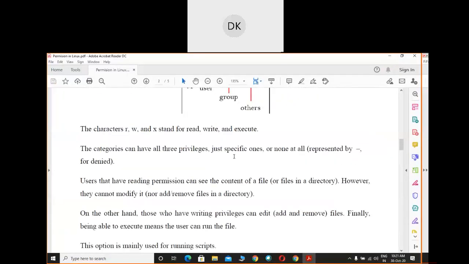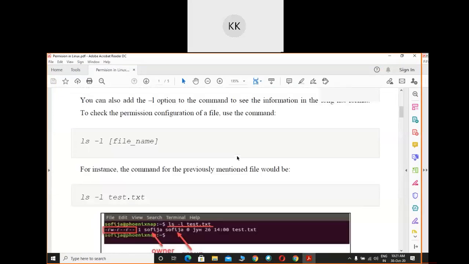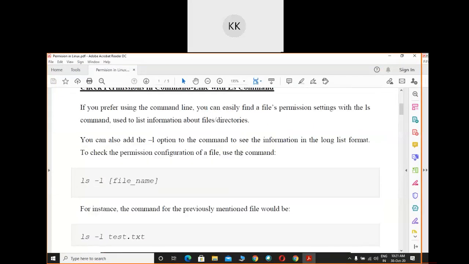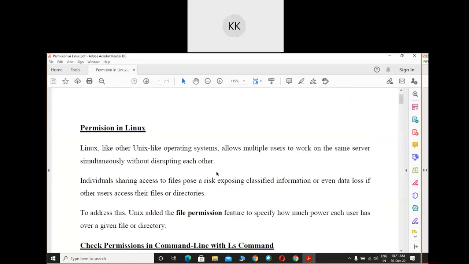So last class we were discussing permission management in Linux. How did we start? All operating systems based on Unix or any Linux type operating system, when a file is created, there are three different users assigned with the file. One is the owner, one is the group user, and the next one is the others.